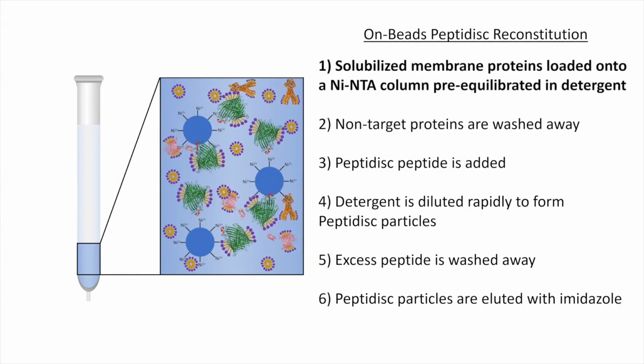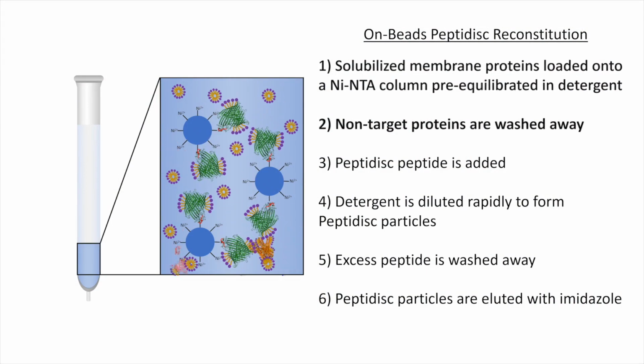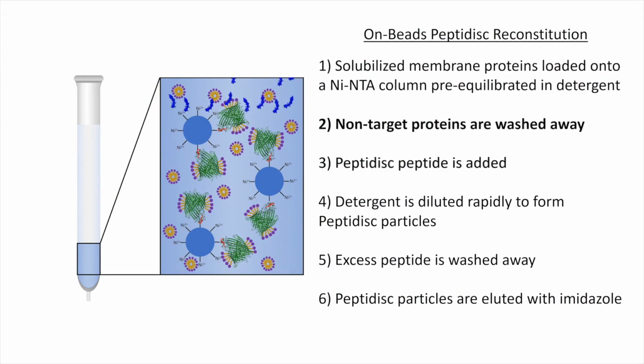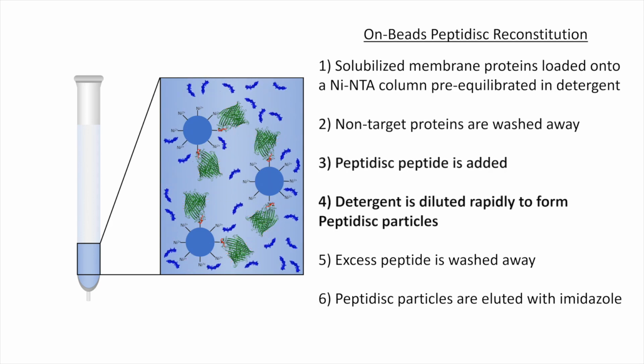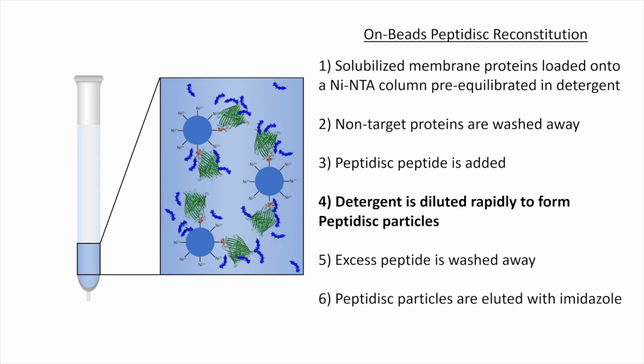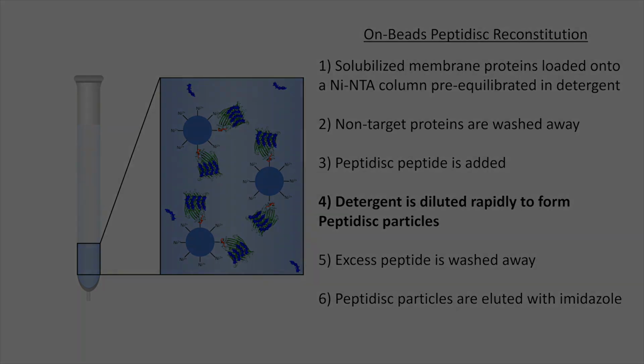The solubilized membrane is loaded onto the resin and non-target proteins are washed away. Peptidisc peptide is added to the column and the detergent is diluted rapidly. The hydrophobic side of the Peptidisc peptide associates with the exposed hydrophobic regions. The hydrophilic side of the peptide keeps the protein